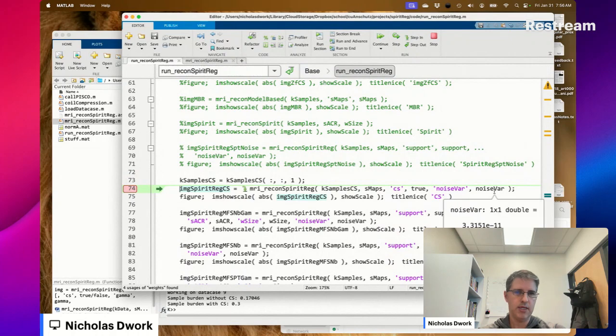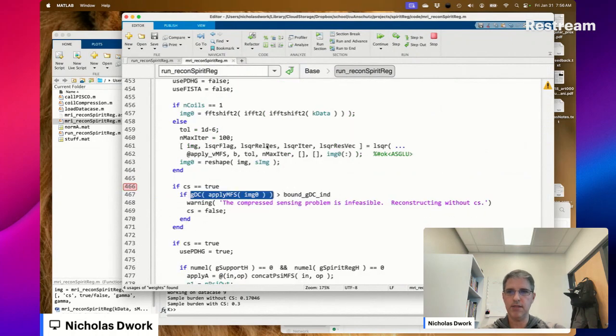Noise variance is 3 times 10 to the negative 11.